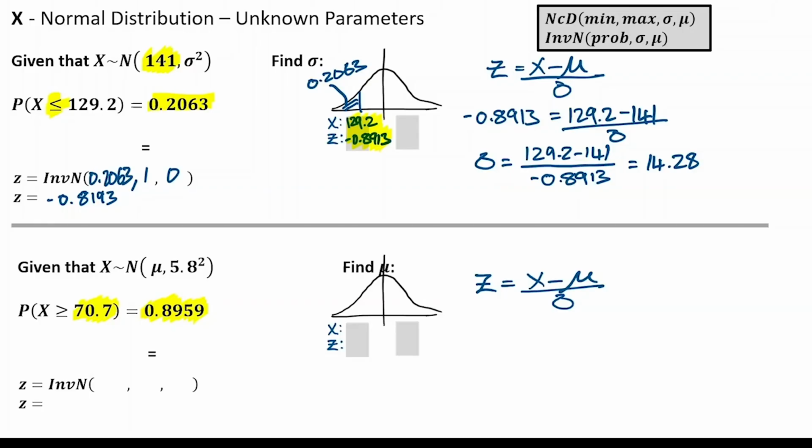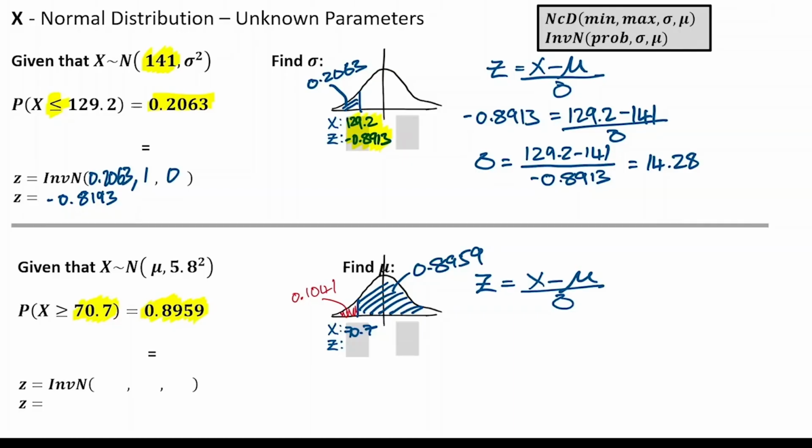With an unknown mean, we had no idea what the middle number was, but this is the logic that helps us to place it. So 70.7 over here on the left, and we have 89.59% above it. Once again, this is not calculator ready. Our inverse function needs to know the probability on the left. So a little 1 minus gets us this red area, which is what we're going to work with,